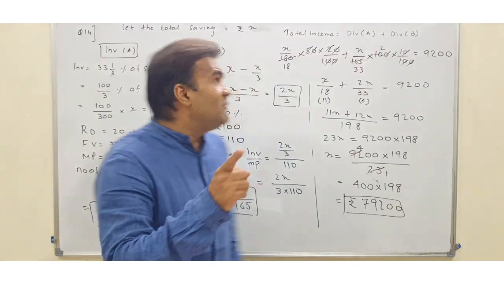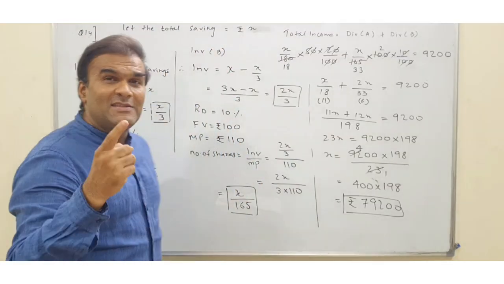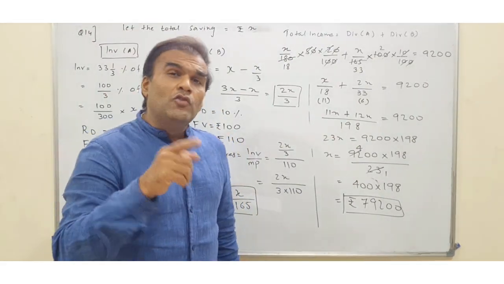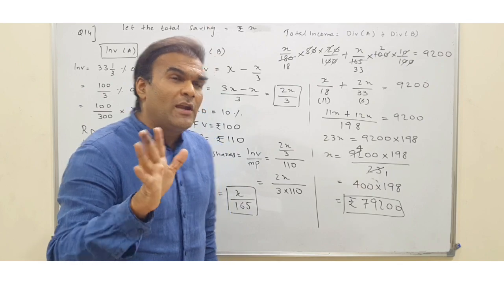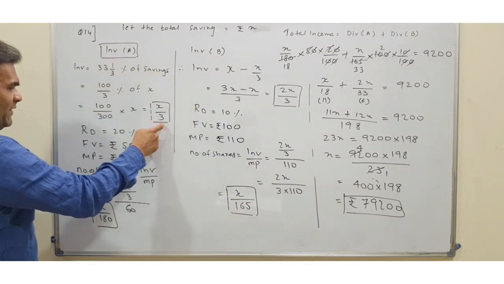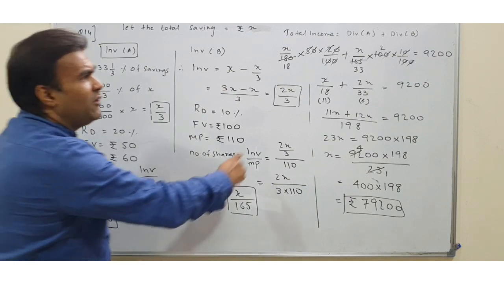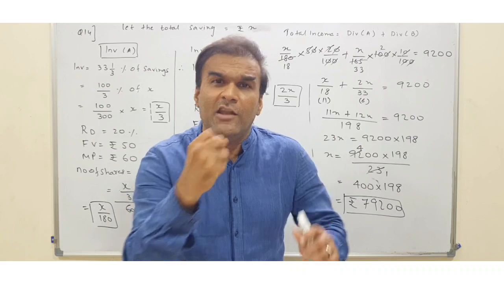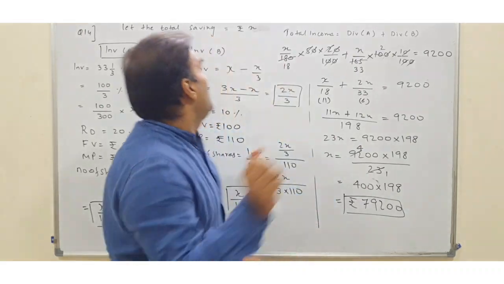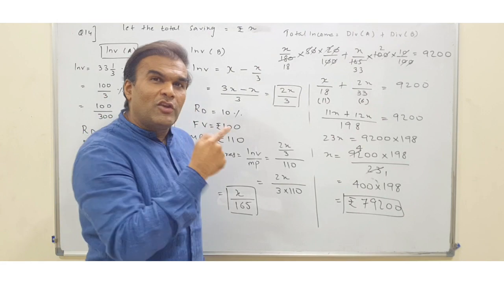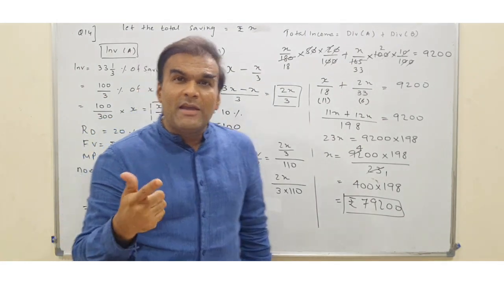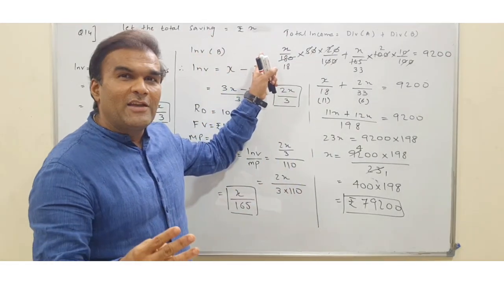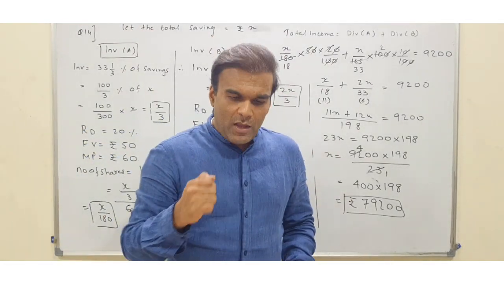Now I did the question by taking my total savings as X, whereas in the previous question, I took this as 100X. If you notice that question, you will see that we did not get fractions with respect to investments, with respect to number of shares. We got a whole lot of fractions over here, so our calculation was a little difficult. But when you take this total savings as 3X or 300X, you will be able to minimize your calculation. You can try that by taking either 3X or 300X. Your answer is going to be the same.